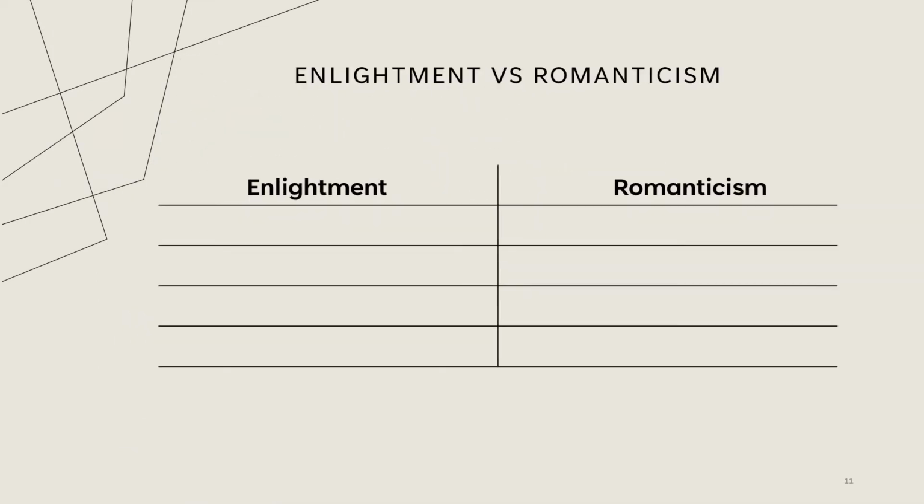So, here we have a graphic organizer. It looks like we've got two columns comparing the Enlightenment, or what we call the Age of Reason, and Romanticism. Now, while the Enlightenment is about reason, Romanticism is about passion and emotion. And while the Enlightenment emphasizes human nature, Romanticism